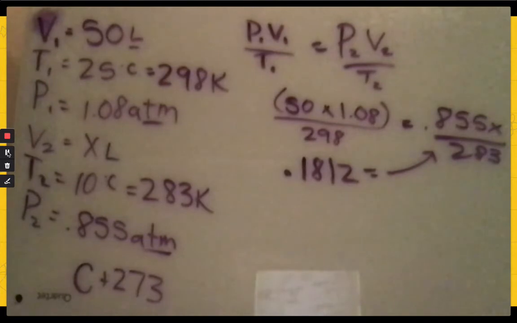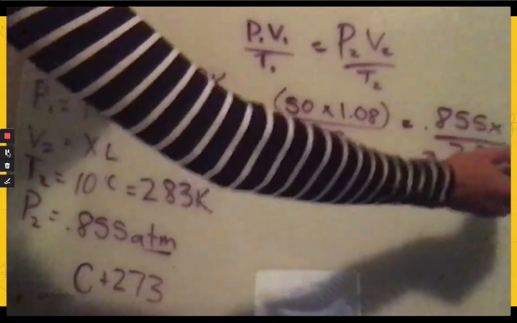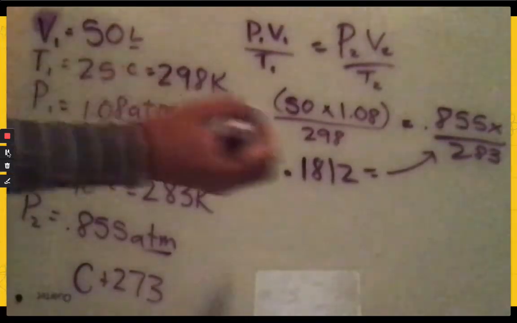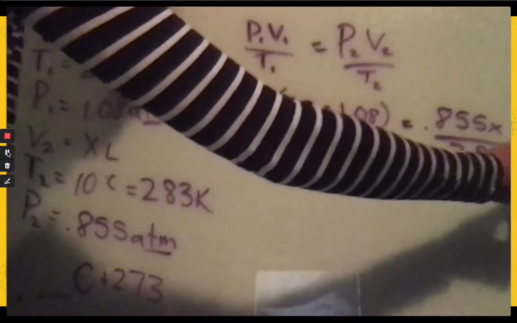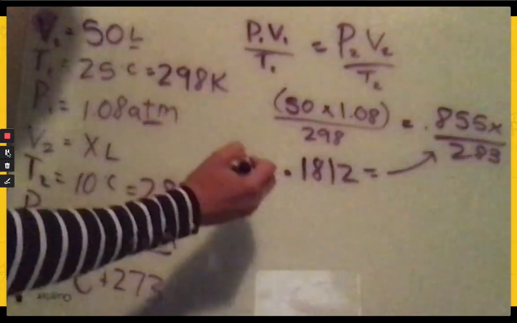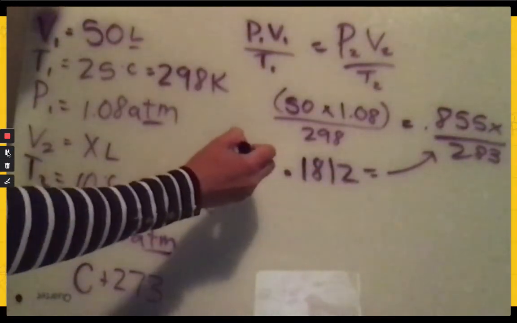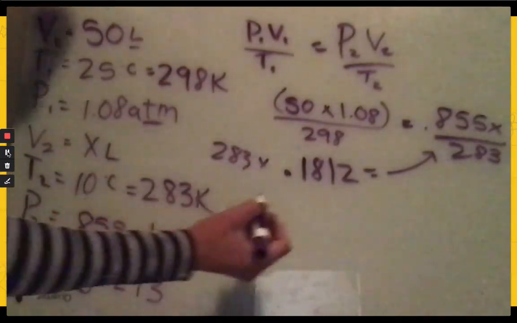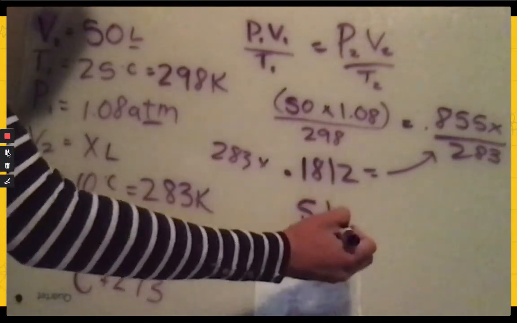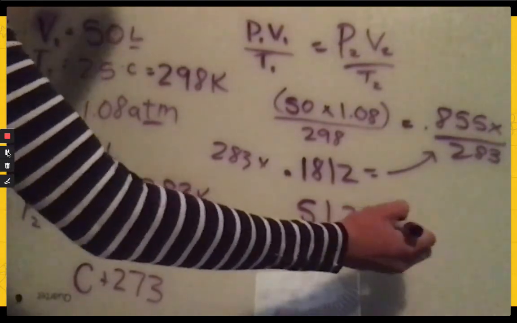Our first step here is we can see we have a number on our denominator. In order to get rid of that, we're going to multiply by that on both sides. So times 283. And that is going to give us 51.28 is equal to